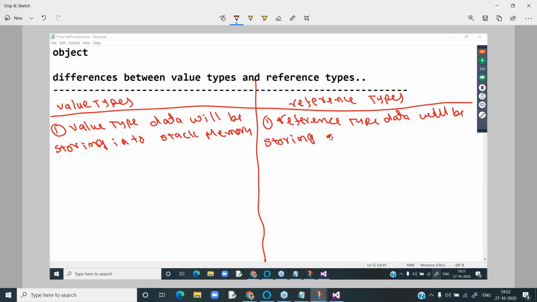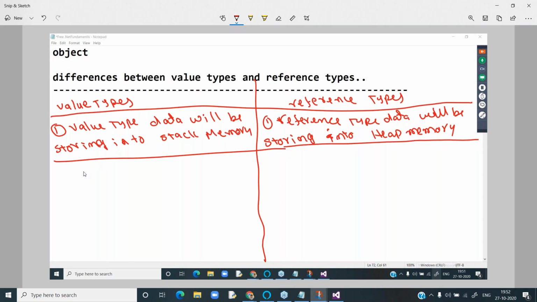And the fourth point for reference types: examples are number one string, number two object. That's right. This is the story.